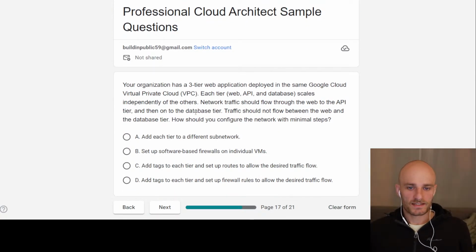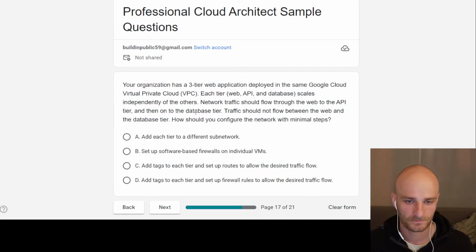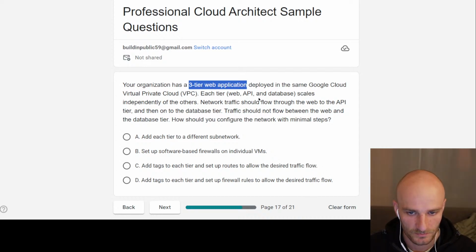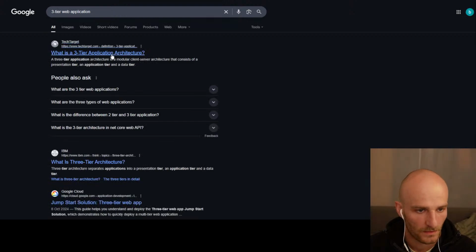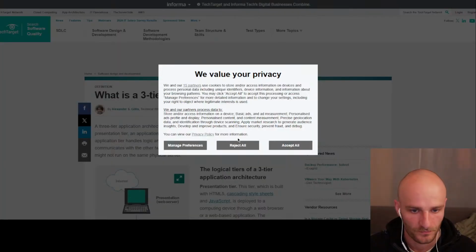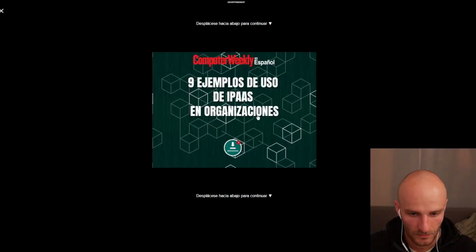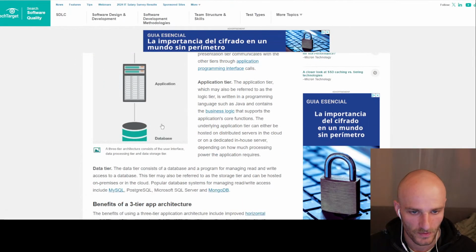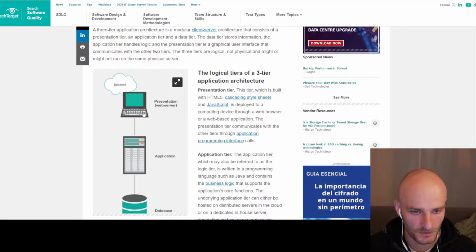Your organization has a 3-tier web application deployed in the same Google Cloud virtual private cloud. What is a 3-tier web application? Come on, man. So we have